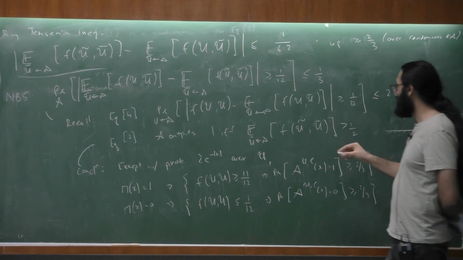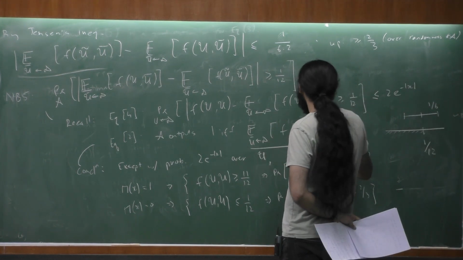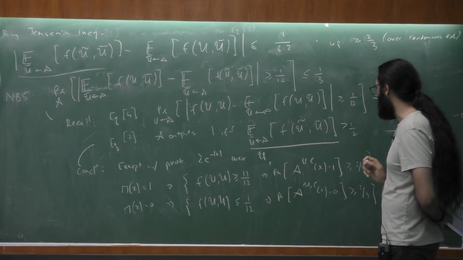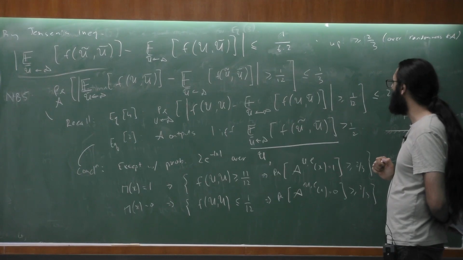We want this thing to be at least half for it to accept, and we know that the bound is